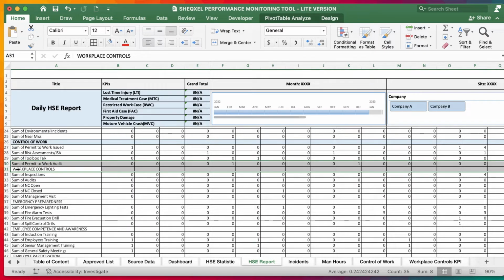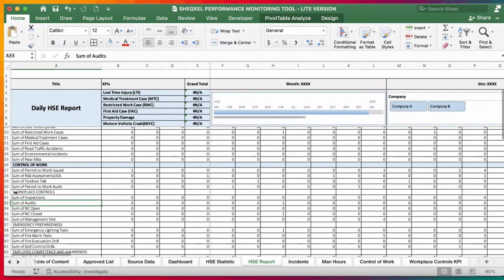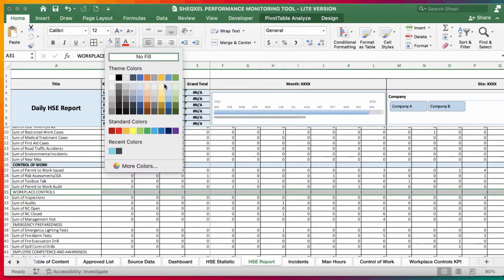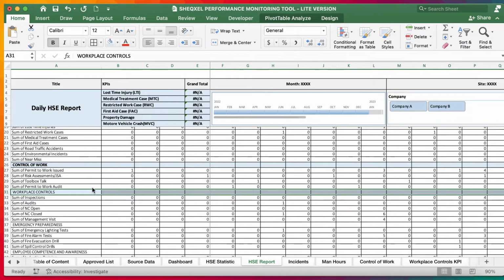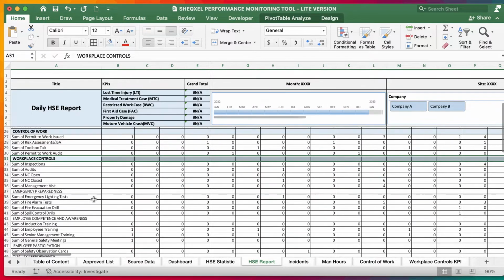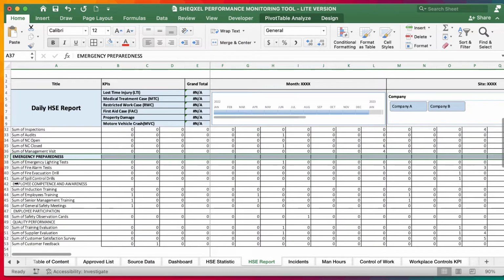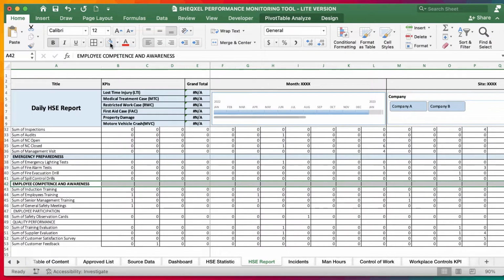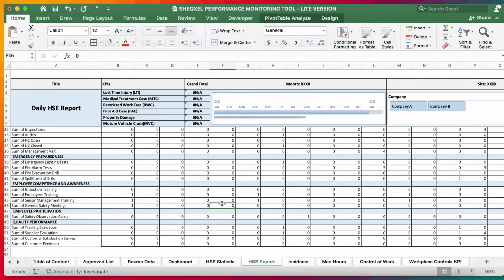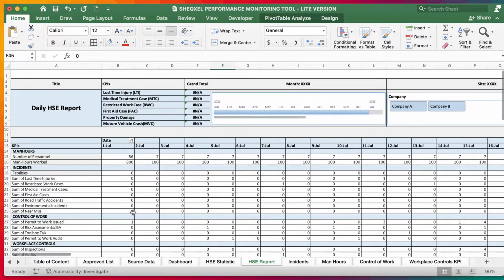So we now select these rows. Oops, why are you trying to select both? All right, and we change the colors. We change the color, we can bold it. We do the same thing for this. Okay, so guys, as you can see, we've been able to correct all these